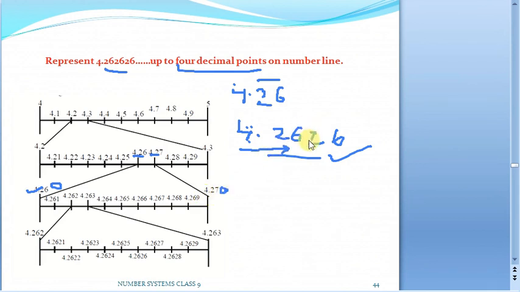Our number has crossed this 4.262 also. So that is why we take this 4.262. It has not crossed 4.263. So just take this into consideration. Again you magnify it into 10 divisions, and then you will get our actual number, where you see this one, it is 4.2626. It is somewhere here exactly. It is 4.2626.